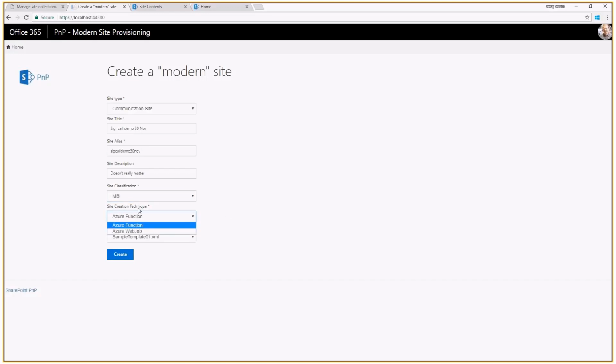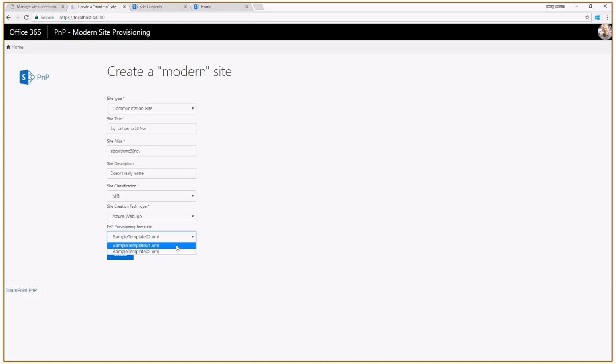And then we can select whether we're going to use Azure Function or Web Job. So in a real-world implementation, you clearly wouldn't have this kind of selection. You would design your solution and do either way, but this is for a reference sample, or let's say a simple technology sample, so you can actually have a look at the advantages and disadvantages of both options. And then you're able to select, am I going to use a PnP template 01 or 02?